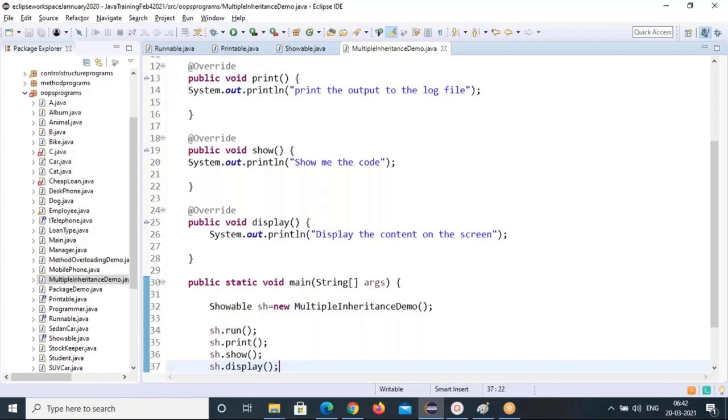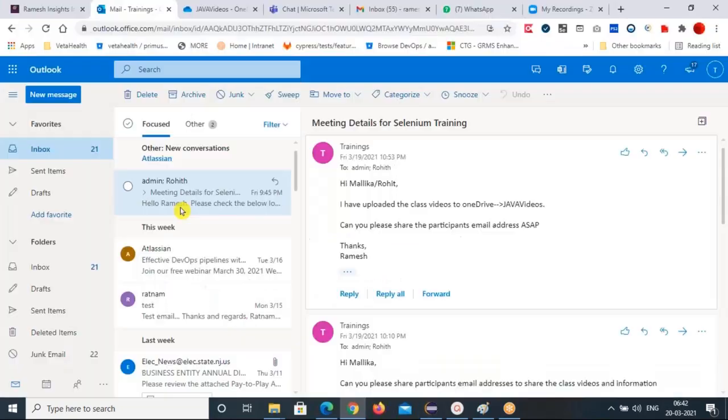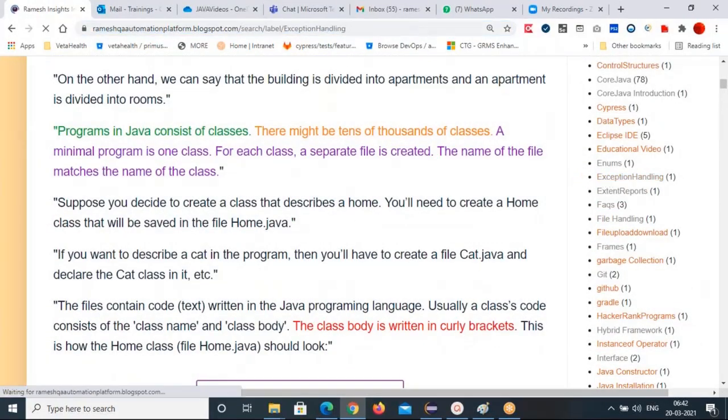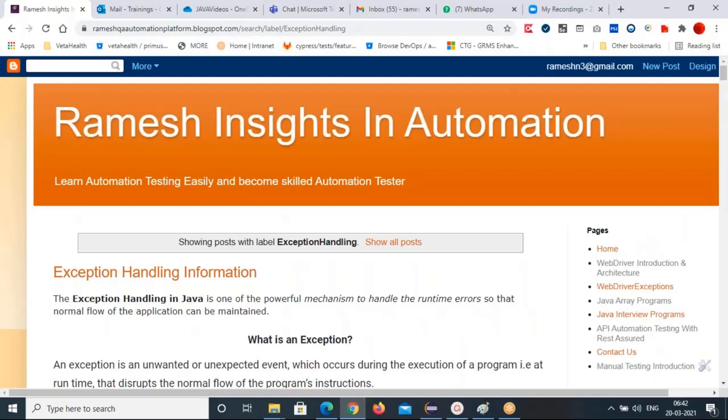No, sir. Okay. Now the next one is a very important topic, exception handling. So what is the exception? Exception is an unexpected event which occurs during the execution of your program. At runtime, it will occur. If it occurs, your program is going to terminate in the middle itself. Where the error occurred, there itself it will terminate. Remaining code won't execute for us. That is called an exception.